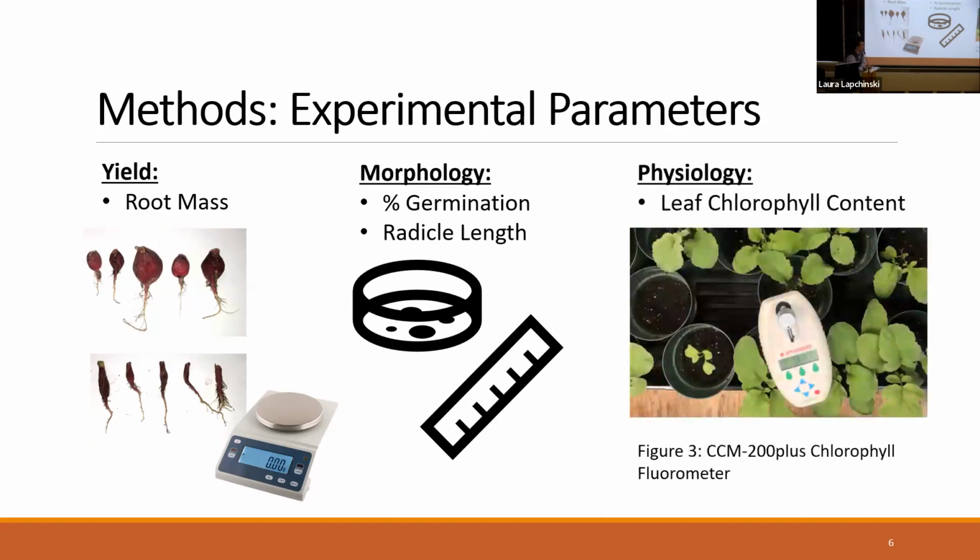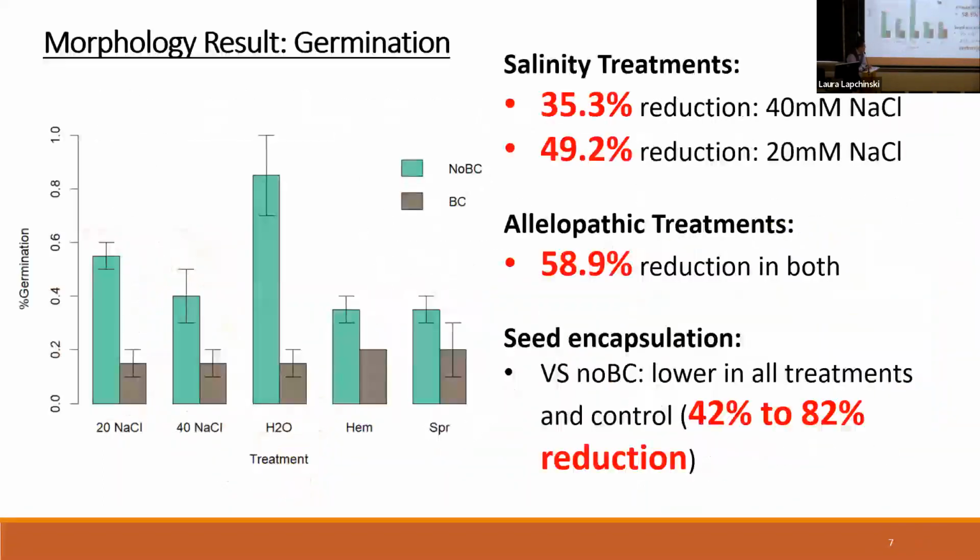And then finally, for my physiology, I used leaf chlorophyll contents as a physiological indicator. And to measure those, I used a chlorophyll fluorometer to give me a relatively accurate reading when I'm trying to measure leaf chlorophyll. So to look at some of my results, first with salinity, I see a pretty big